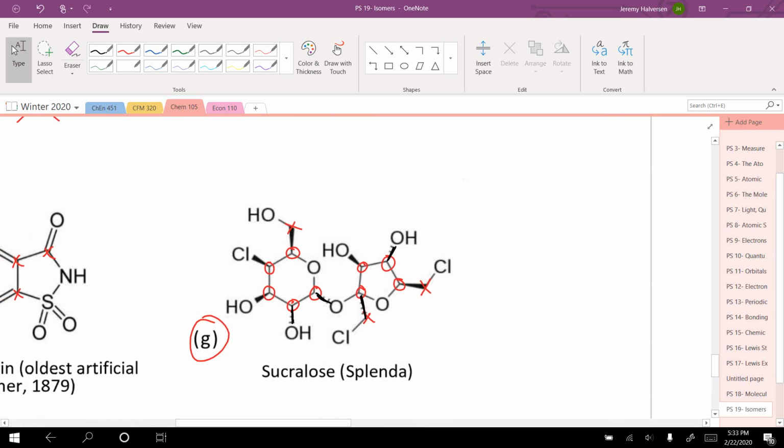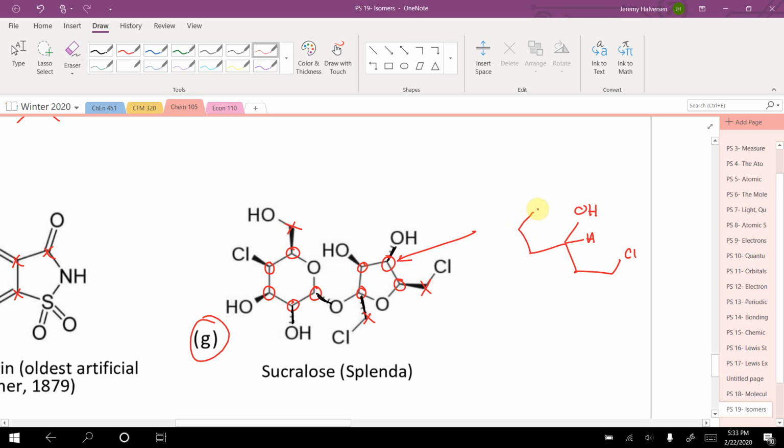Sometimes, maybe I'll just talk about this real quick, because sometimes people see this and they're like, okay, so they're pretty much all chiral. So when would you have a non-chiral carbon in a ring? If you wanted a non-chiral carbon in a ring, you would have to have a very symmetrical ring. So let's say I was talking about that carbon. If I wanted that carbon to not be chiral, let's say I had my hydrogen and my OH, and I wanted to go around the ring both ways and have it be the same, I would need